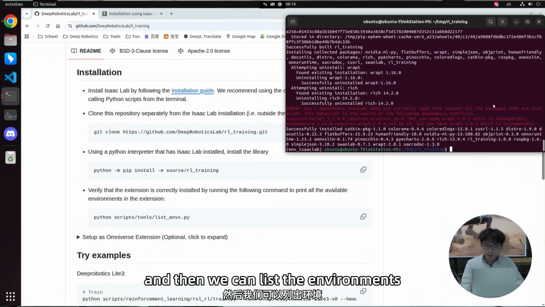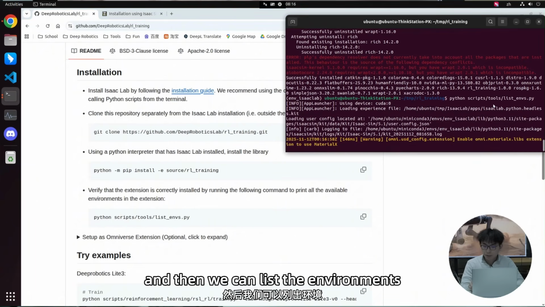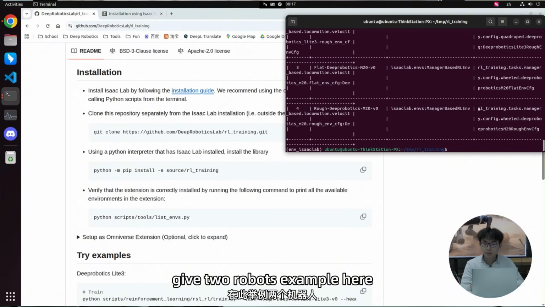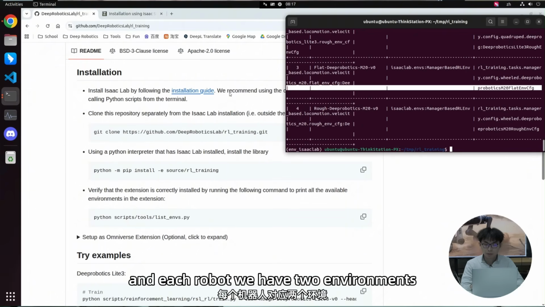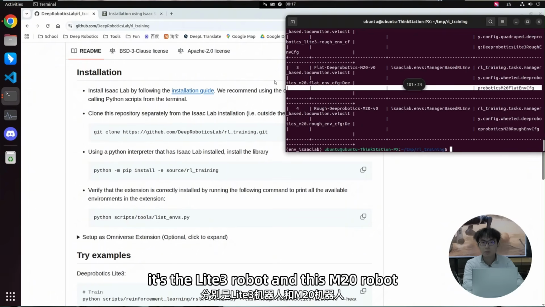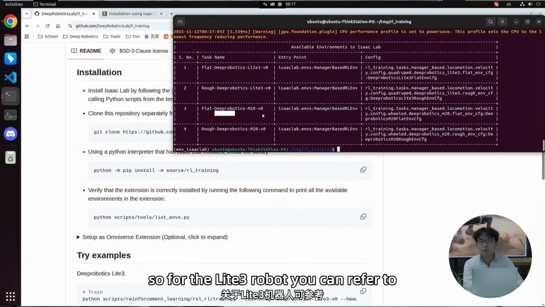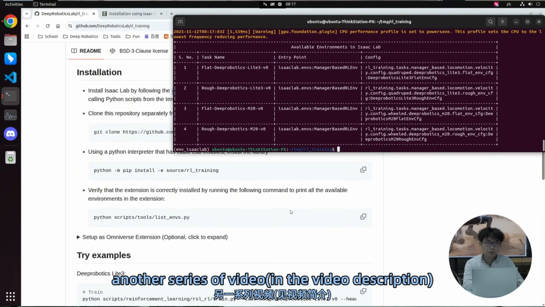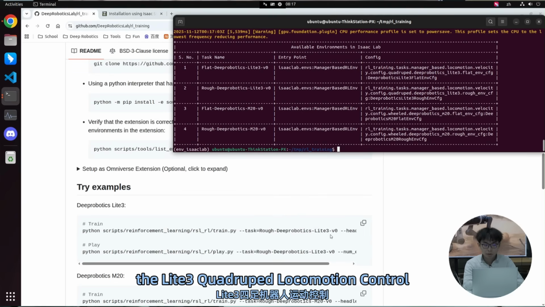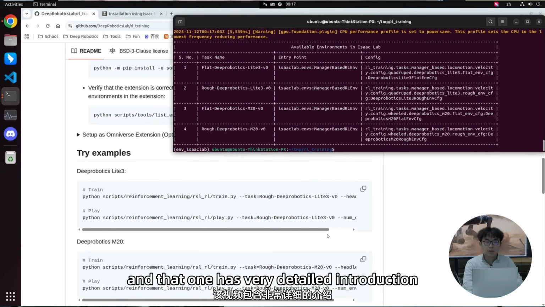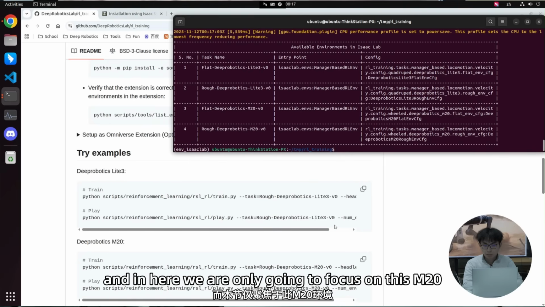And then we can list the environments. Currently we only give two robot examples here, and for each robot we have two environments. It's the Lite3 robot and this M20 robot. For the Lite3 robot, you can refer to another series of videos, the Lite3 quadruped locomotion control, and that one has a very detailed introduction. Here, we are only going to focus on this M20